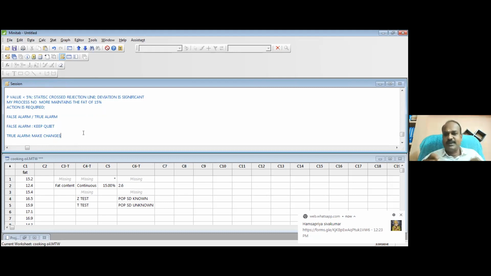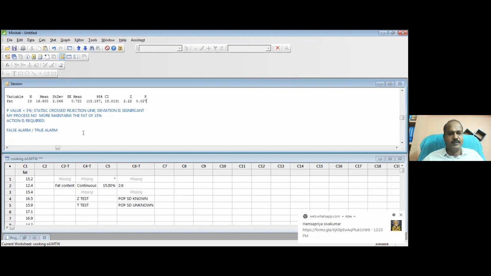We will shout out very loudly: what I observed is not insignificant. It is significant. When I say significant, it is critical, right? So you can test the criticality, and criticality is reflected in your p-value. In this case, the p-value is 0.027. When the p-value is 0.027, it simply means the type 1 error is 2.7%. Type 1 error is less than 5%.